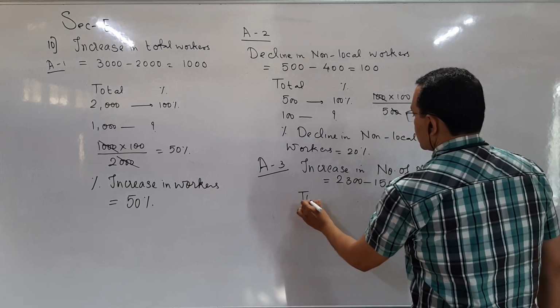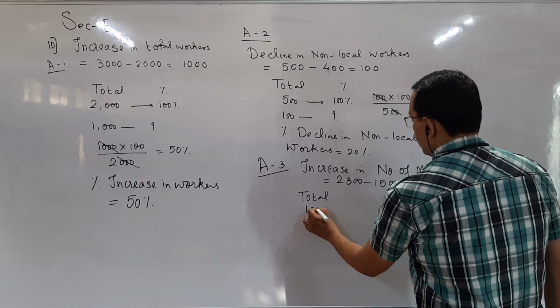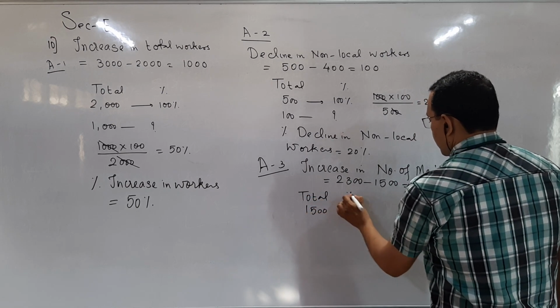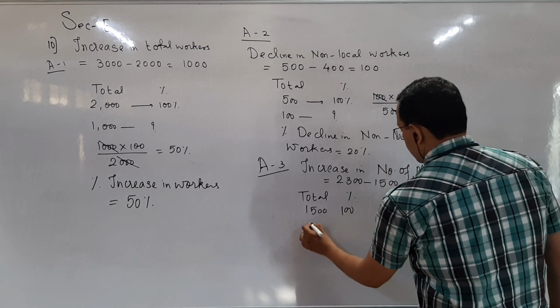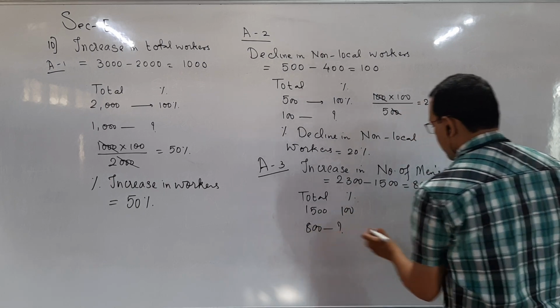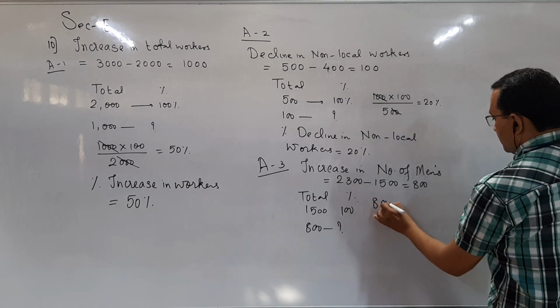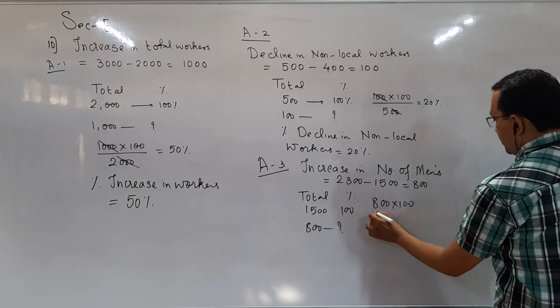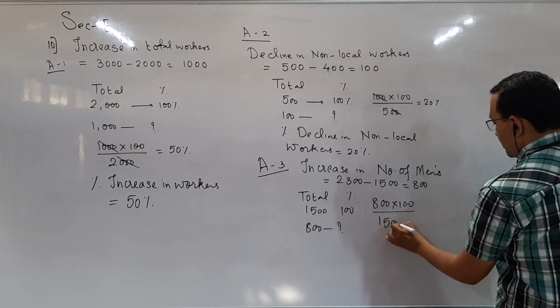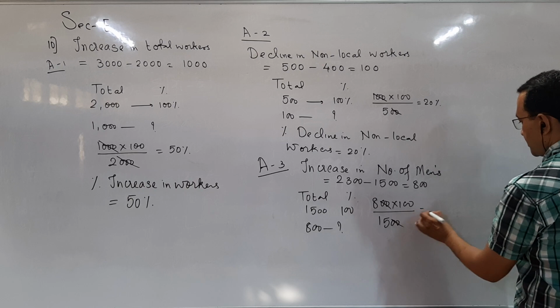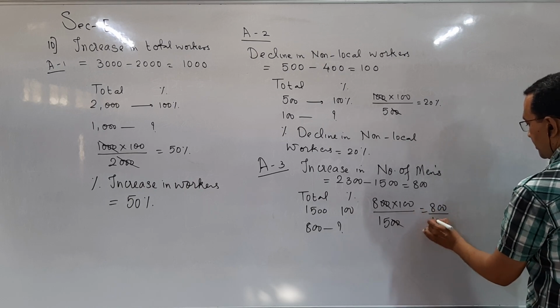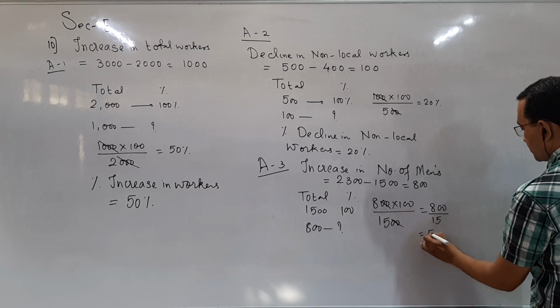So again, find percentage. 1500 is 100%. So 800 is how much? It will be 800 into 100 divided by 1500, 800 divided by 15, so it is